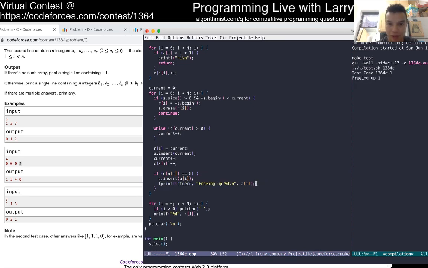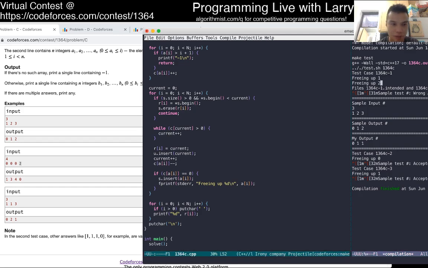Cleaning up the 1. Oh. So the current does not, okay.